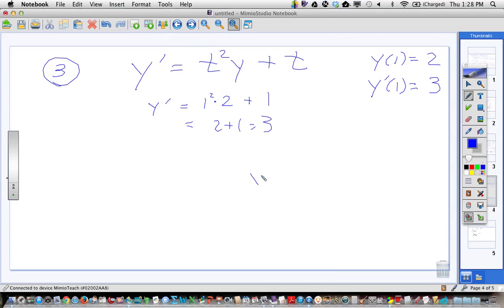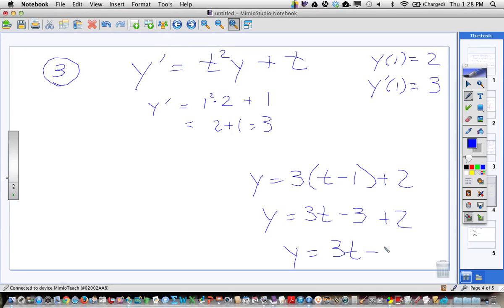So all we do then is we go, okay, that'd be the slope, 3(t minus 1) plus 2. We just take our point and our slope and plug it in. And now normally we could stop there. If it just said find the equation of the tangent line, but this one said show that the equation of the tangent line is this other thing. So let's go ahead and finish it. Let's go ahead and distribute. And sure enough, there it is, right? So I just explained right there why 3t minus 1 is the equation of the tangent